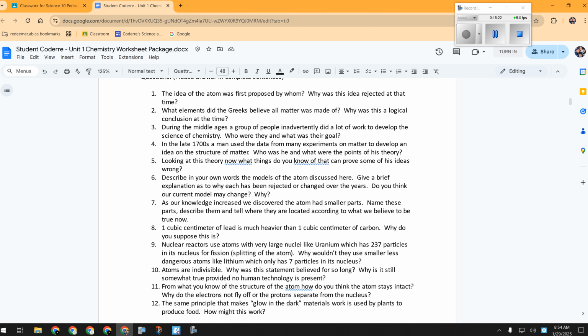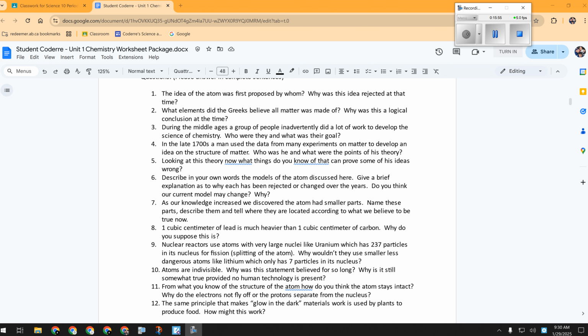All of this stuff is stuff that we've talked about either yesterday or today. Put it in your own words. Some of these are talking about the models, so you can describe those models in your own words or draw pictures or whatever works best for you. I'll give you, let's say, half an hour, 40 minutes to work on those, and then we'll go through them together. If you have questions, let me know. Put up your hand or come up and see me.